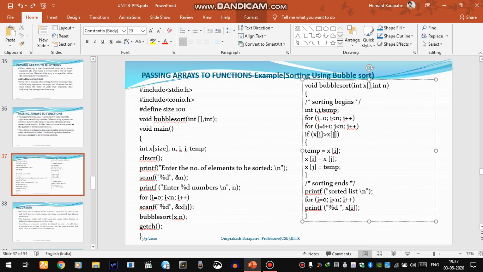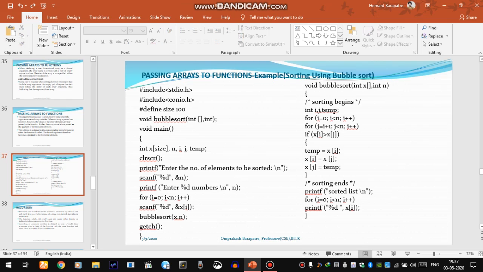We keep incrementing until j is less than n. We compare the values and swap them if x[i] is greater than x[j]. This whole logic is for sorting purposes. Then we will print the sorted list and get out of the program with getch. This particular program can be taken as an example of passing arrays to a function.